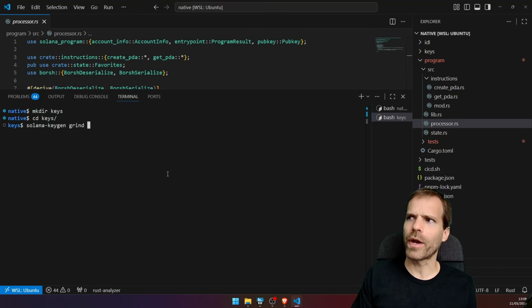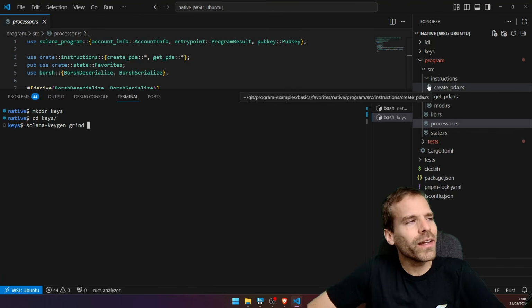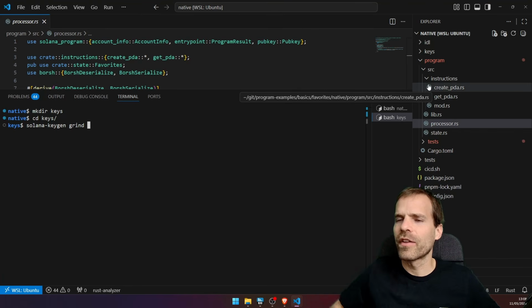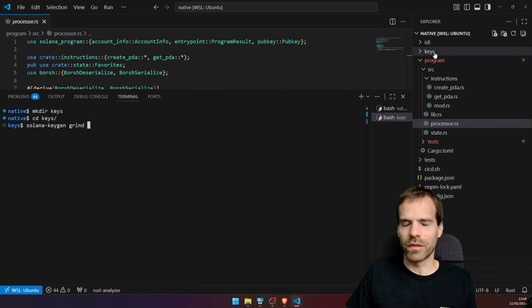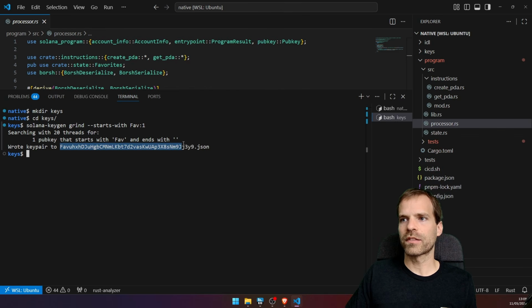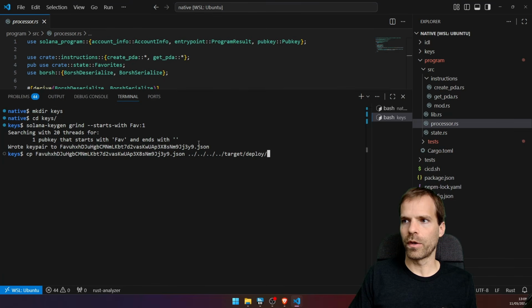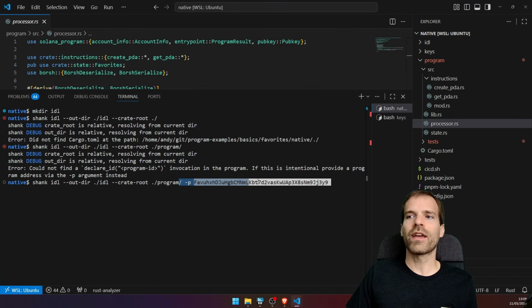This is, by the way, bad practice. Don't put keys like this; I just do that for testing. Should I not do bad practice stuff and store my local key pairs literally right next to the program? Maybe, but it's just for demonstrating. I just want to say, hey, here, have that favorites program. Bavu, that's going to be the program ID. So I'm going to copy that to target, deploy, favorites key pair. And then when I run this, I could say, hey, use this program ID